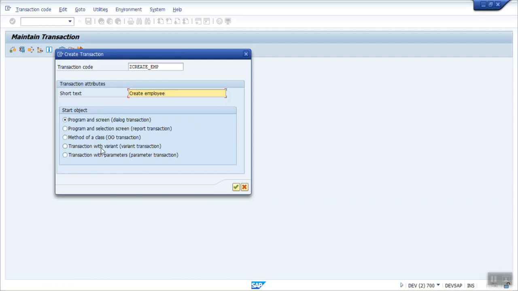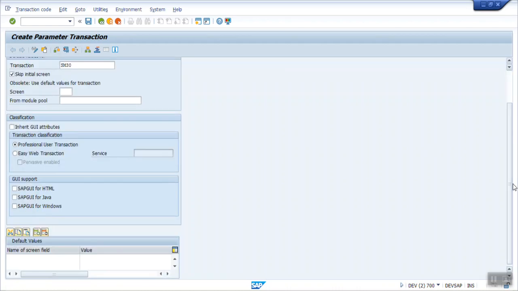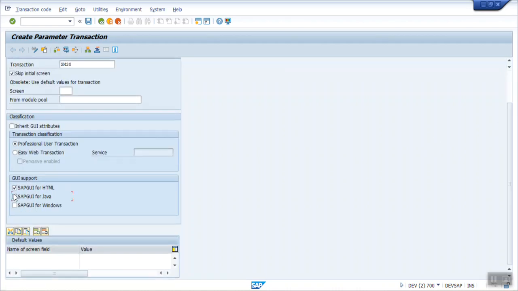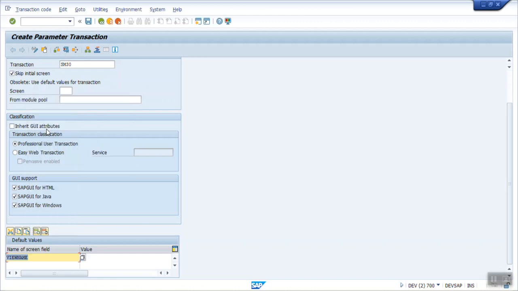Now here we have multiple options. For the TMG we have to go with the fifth one, that is transaction with parameters. Here give the T code SM30 and click on skip initial screen. Select all those checkboxes 1, 2 and 3. Now here the default values, name of the screen field. First we have to give the view name for the table on which we want to create the record. So our view name is ZEMP_MASTER,